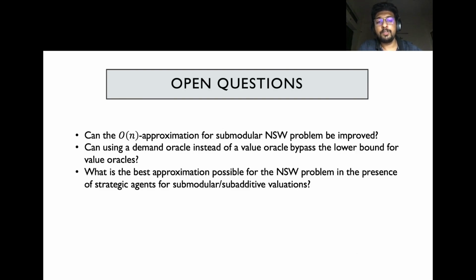Here we list out a few open questions that we propose. Can the order n approximation for the submodular NSW problem be improved? We know that our techniques won't extend to obtain a log n approximation for submodular valuations, and a new approach is required. Another question is whether using a demand oracle model would bypass the lower bound for value oracles. Also, what would be the best approximation possible for the Nash social welfare problem in the presence of strategic agents under submodular or